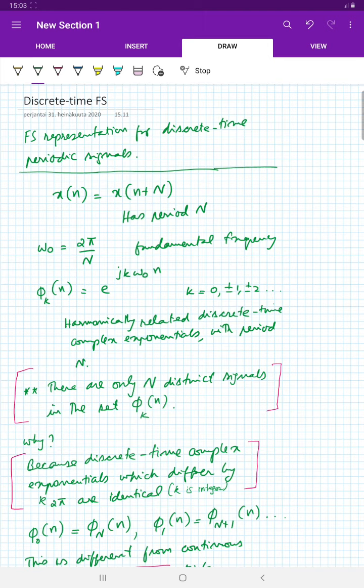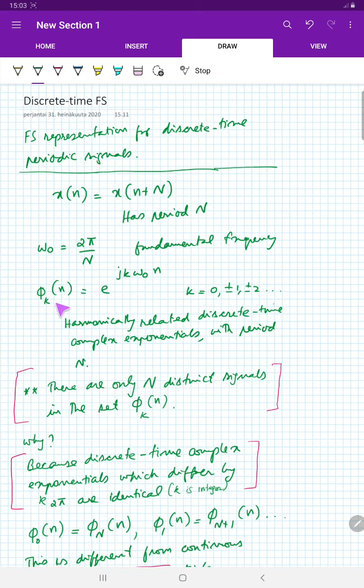We saw this when we studied those signals in the first few lectures, and also when we started learning about the continuous time Fourier series, we talked about harmonically related complex exponentials. Similarly, for the discrete time case, we have the harmonically related complex exponentials, which form a set phi k, equal to e raised to j k omega naught n, where k takes values like 0, plus or minus 1, plus or minus 2,